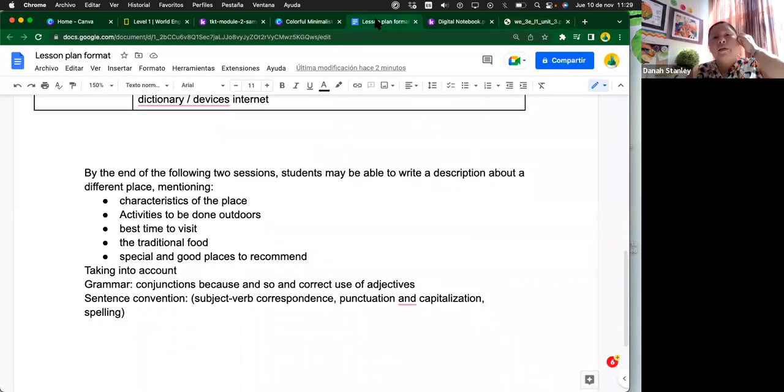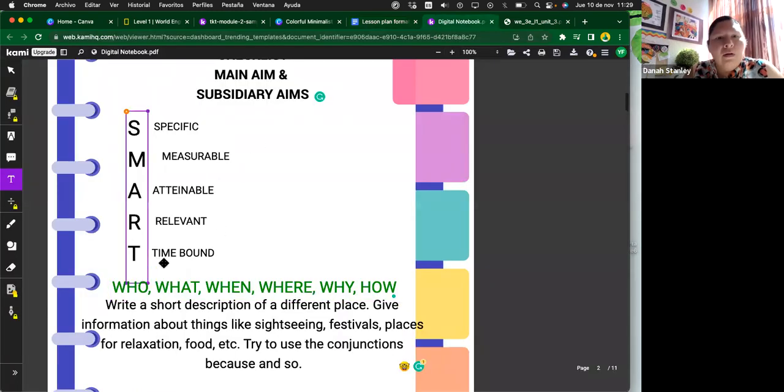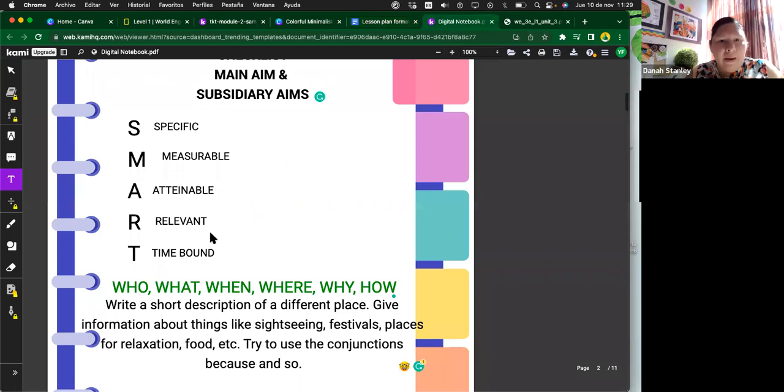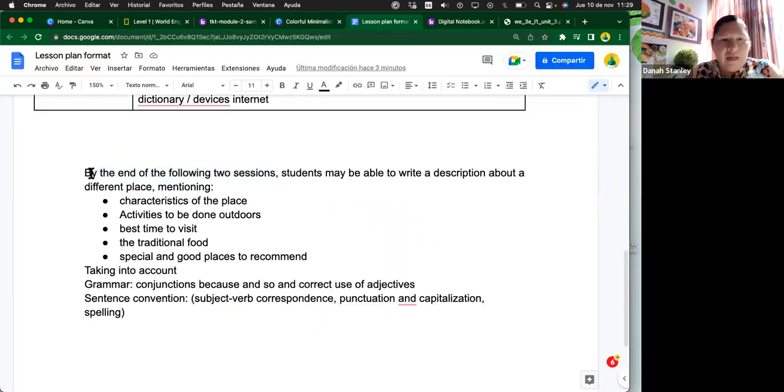Si yo quiero ir a Disneylandia y nunca he ido a Disneylandia, pues I need to investigate what happens there, ¿no? And is it time bound? Yes, because I'm saying that they will have at least 2 sessions to do it. So I'm setting the limit of time. Entonces, do I fulfill all the SMART elements? Yes. Entonces, I can easily